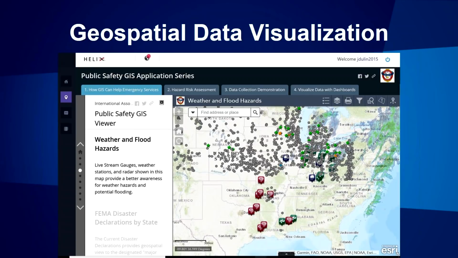What if we saw resources in the way we do everything else now? Right now, most departments have hydrants listed on the map. They have where their stations are on the map. They have all these assets that they're using GIS for. What if we incorporated GIS into our mutual aid system to see where the resources are and where they need to go? This is what NMAS is working towards.